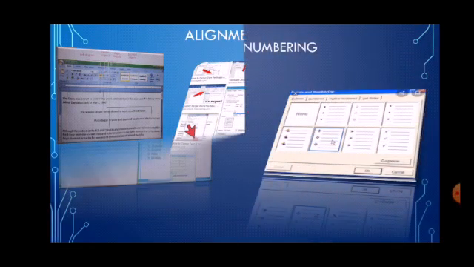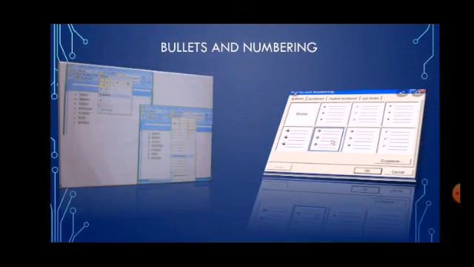Now, bullets and numbering. A list is a series of items written together in sequence. The best way to draw attention to a list is to format the items with bullets or numbers. If you want to give a small symbol in front of a line or text, these are the steps to follow for bullets and numbering.